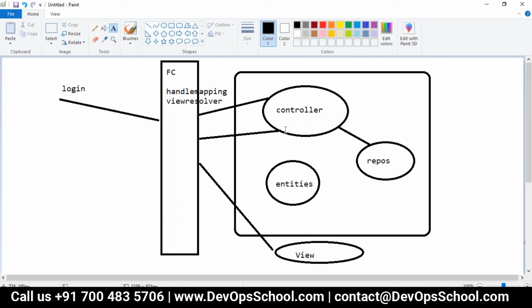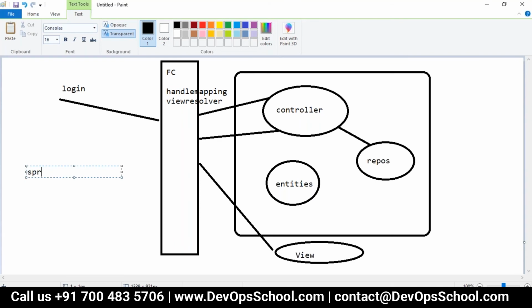Here, as we are working with Spring Boot MVC, that is, with the starter which is called Spring Boot Web, or if you're working with the Spring Web library, we have one predefined front controller which is called DispatcherServlet. DispatcherServlet is a class which is responsible to do the front controller job, handler mapping and view resolving.